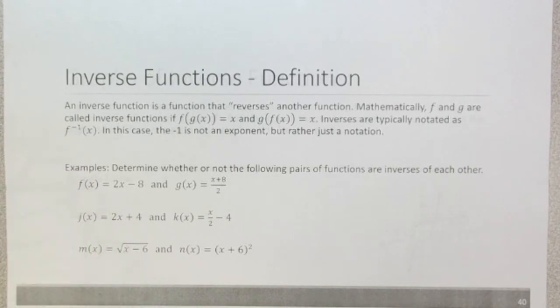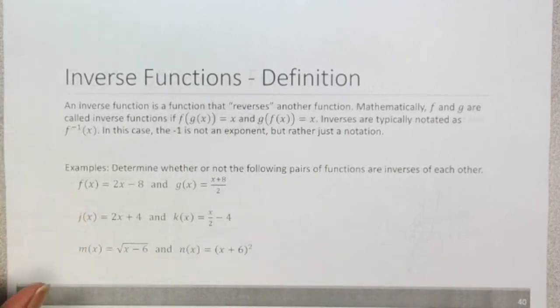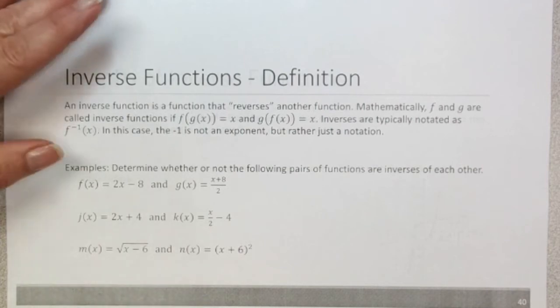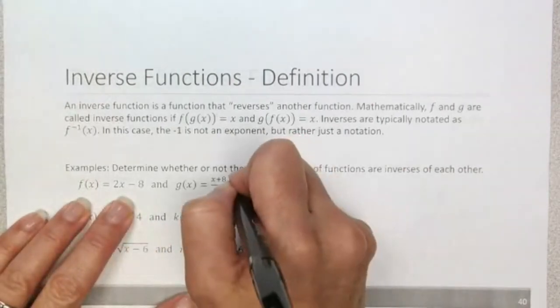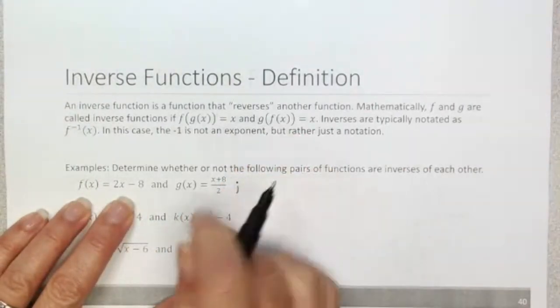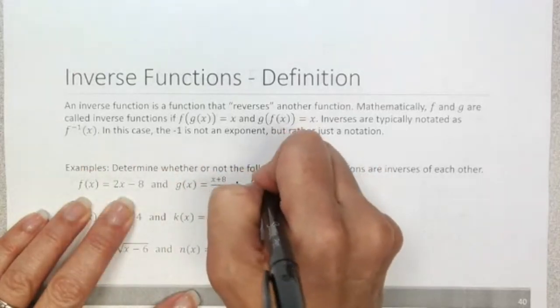In these first three examples, we want to determine whether or not these pairs of functions are inverses of each other. They're going to be inverses of each other, or one will undo or reverse the other function, if, when we compose them and simplify, they simplify out to the original input, or x. So if we wanted to know if f of x and g of x are inverse functions, we would need to find f of g of x. Let's compose g of x into f. So f of g of x,